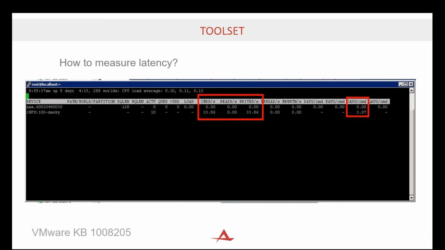Just using ESXTOP, logging into the hypervisor and then using the U switch to switch to device storage mode. Here you'll see commands per second is total IOPS with the equivalent write and read highlighted to the right. And on the far right we have GAVG commands, which gives us the latency. So this is showing the current latency and IOPS that NFS share, 100 Smoky, is currently being seen by this